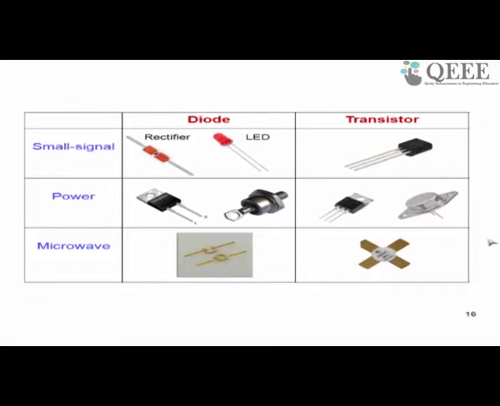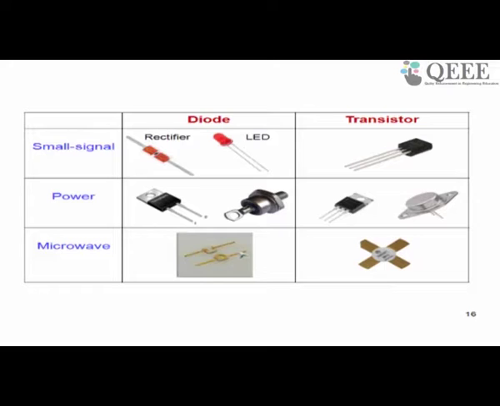So you can see the construction of microwave devices is a little different. The sizes are small, and the package, the way they are held, encapsulated, is different. What is the particular property of the encapsulation? The encapsulation is such that parasitic inductance, resistance and capacitances will be very small in this device. Why? Because at very high frequencies, even a small amount of inductance or capacitance can spoil the device operation.